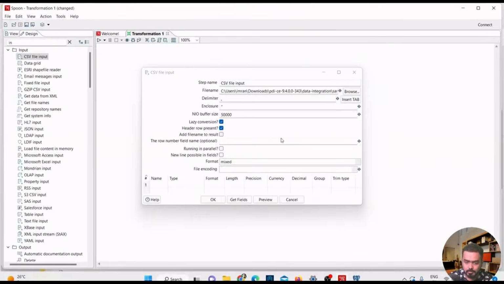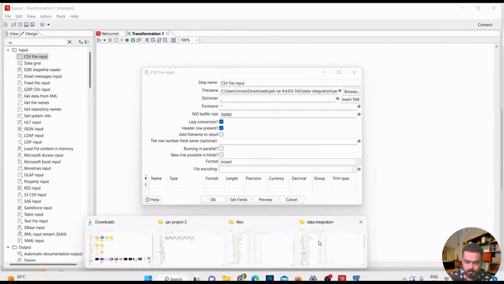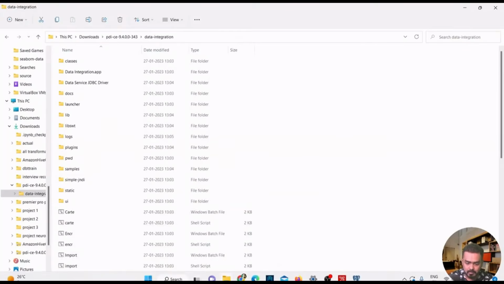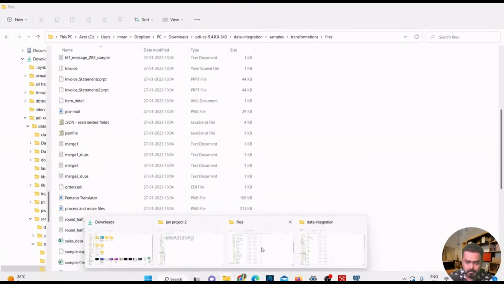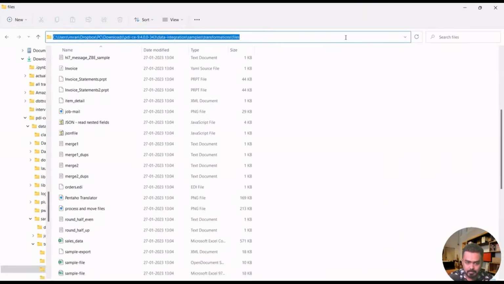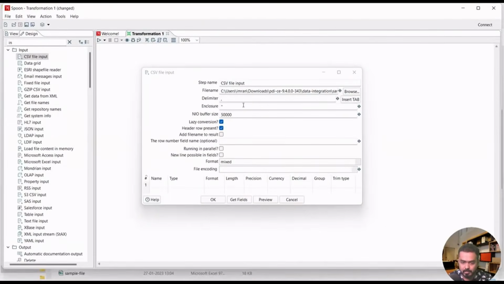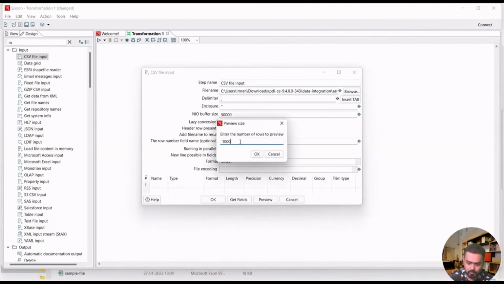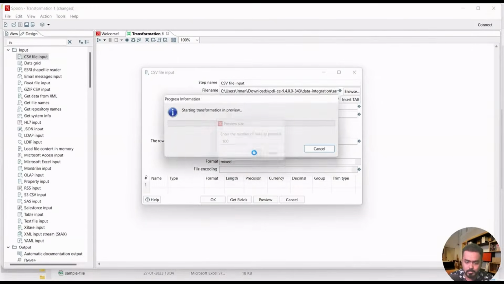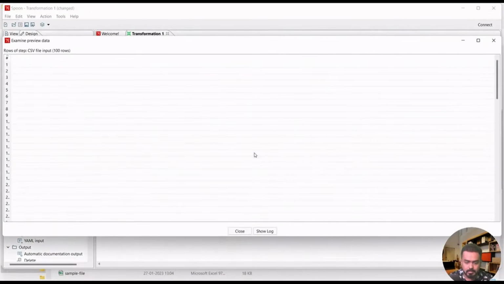So I'll come here to the Spoon. You can just copy this entire path from here also. So I can just copy this entire file path, and paste it in the Spoon in the file name. This is also correct. So the delimiter is comma, the enclosure. You can just keep all this default, and even you can just click on preview, and let it preview some 100 rows. Click OK, and